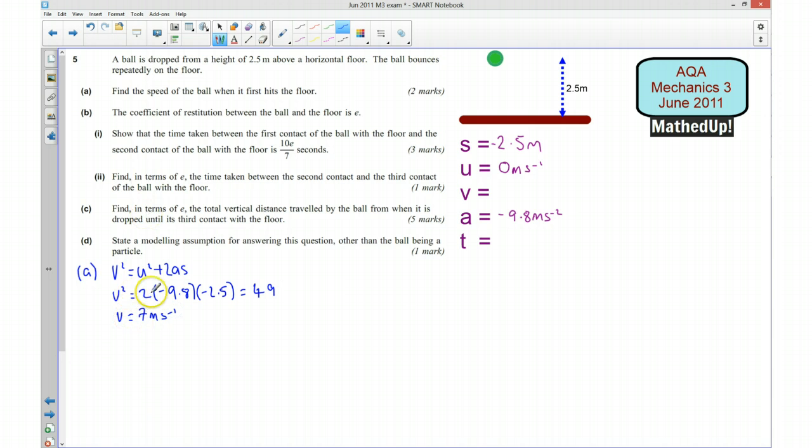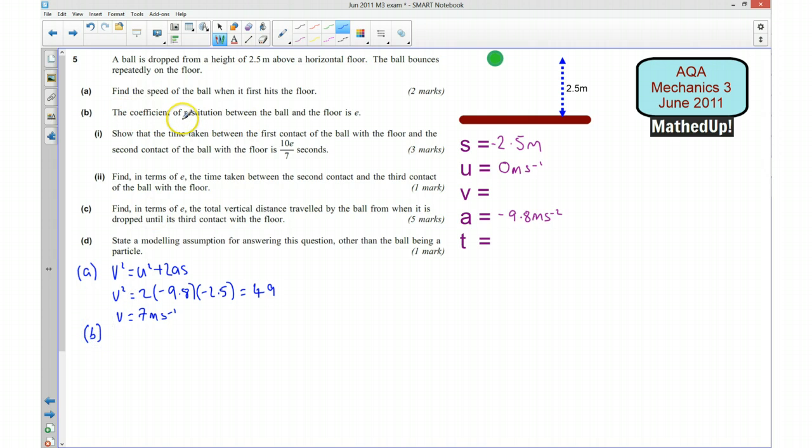I don't need to worry about a positive and a negative because we're just finding the speed. In fact, because it was going down, it would be a negative velocity, so minus 7 meters per second. Anyway, part B,